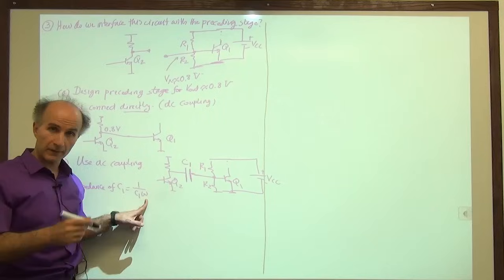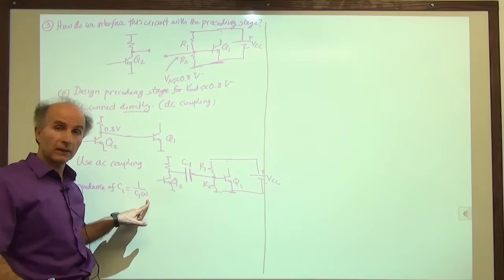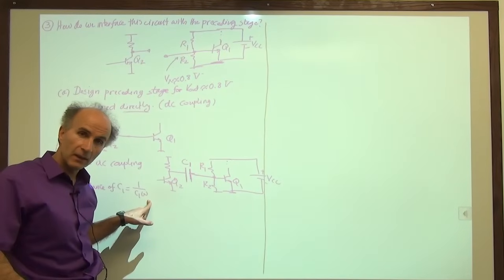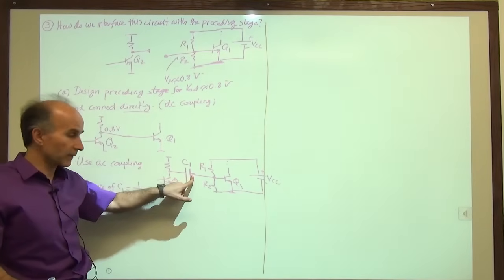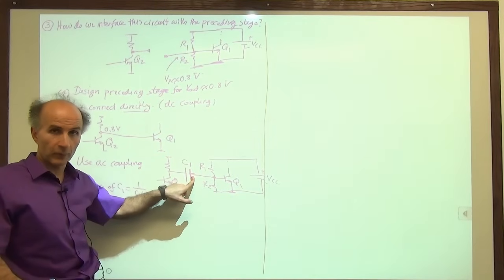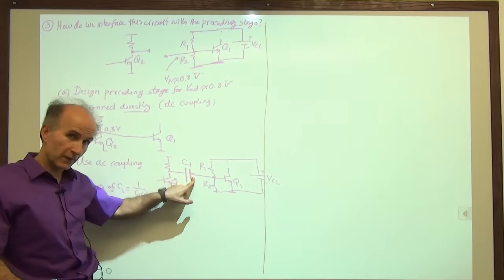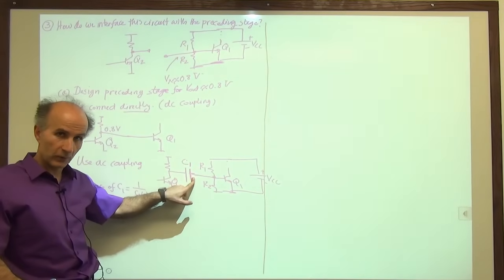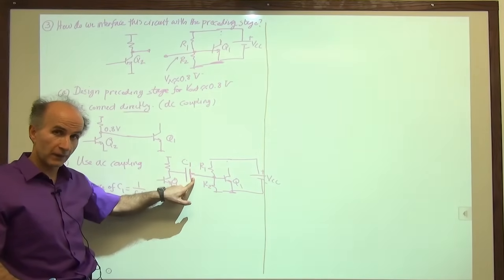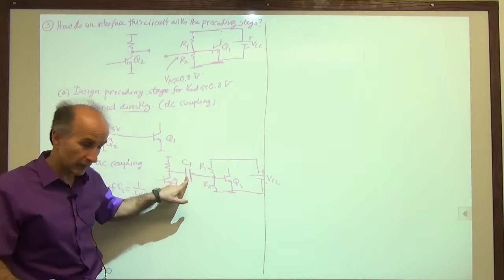Omega is 2 pi f, is the 2 pi times the frequency of interest. So we have to look at the lowest frequency that will be passing through this capacitor, the lowest frequency. For example, voice has components from 20 hertz to 20 kilohertz. So we have to ask, at 20 hertz, is this capacitor a good short circuit